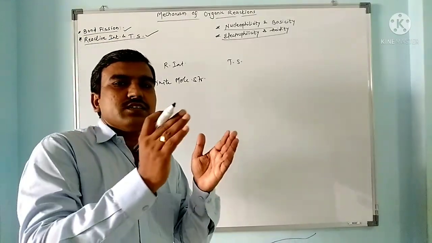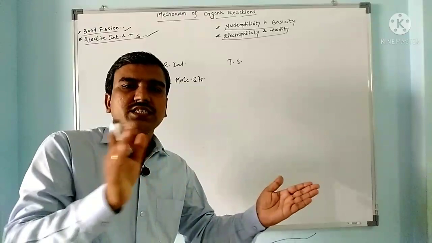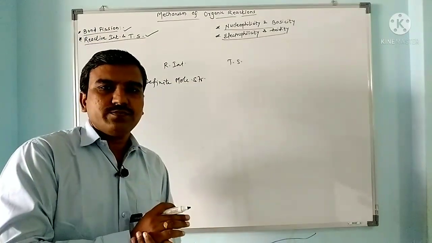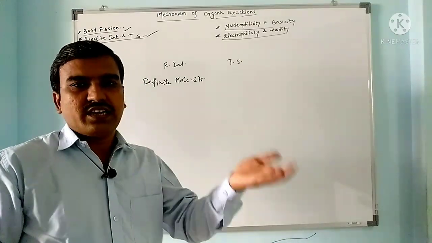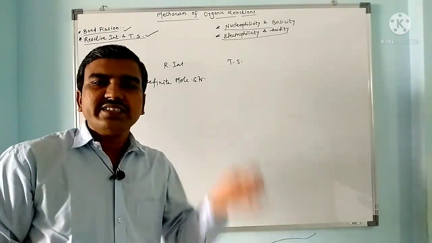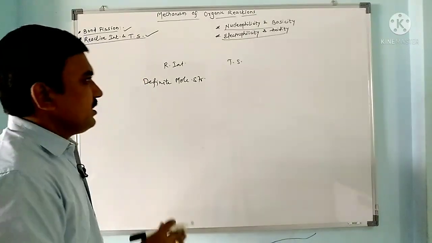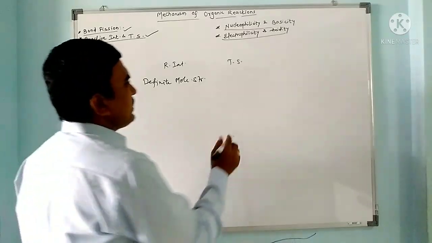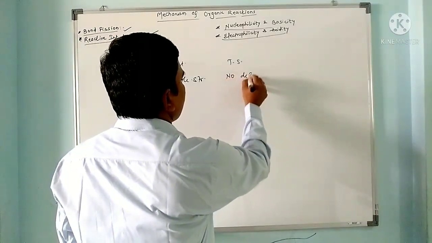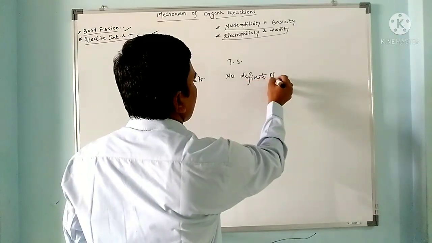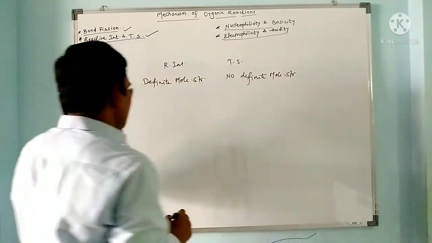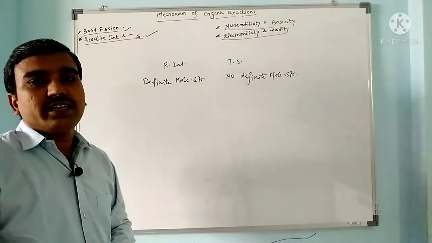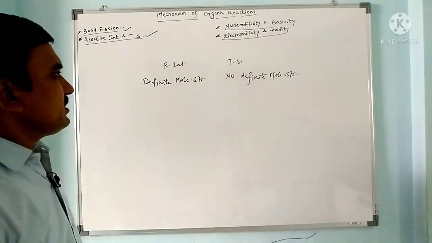But what is a transition state? It is the highly activated complex obtained by the combination of reactant molecules. When the reactants collide with each other, they form a transient complex, a transient species, which is highly unstable and highly energetic, but it has no definite molecular structure. So these are some fundamental things regarding reactive intermediates and transition states.